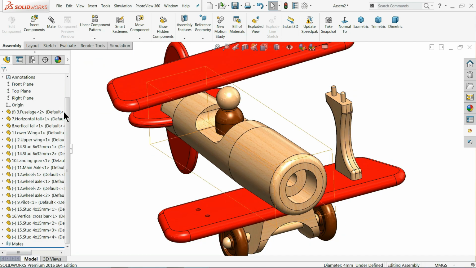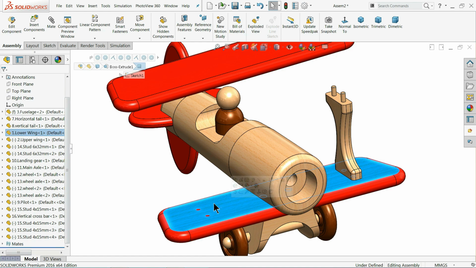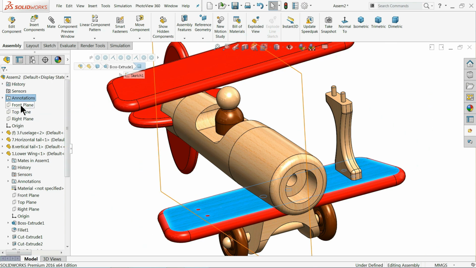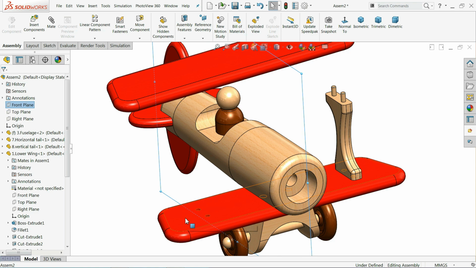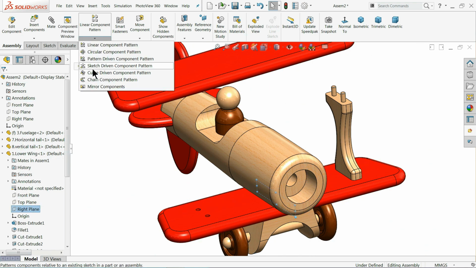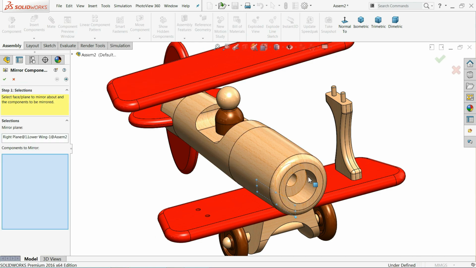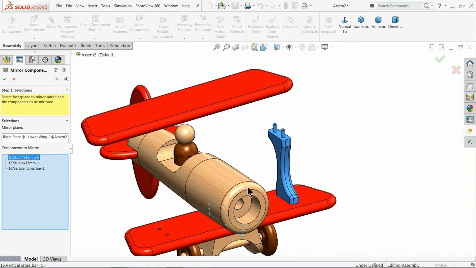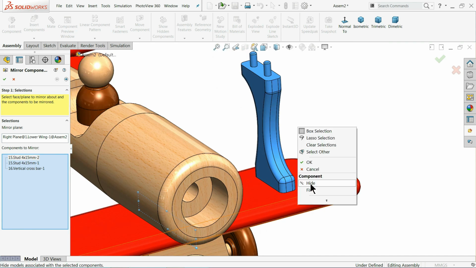So what we will choose, let me choose the plane for this lower, or all drawing is already in mid plane, so even though you can choose your plane, the good decision is to mirror against the plane of lower. So right plane of lower wing, drop down the menu and here you will find mirror component. Now let me choose 1 2 3. Here plane already selected. Now right click, hide.